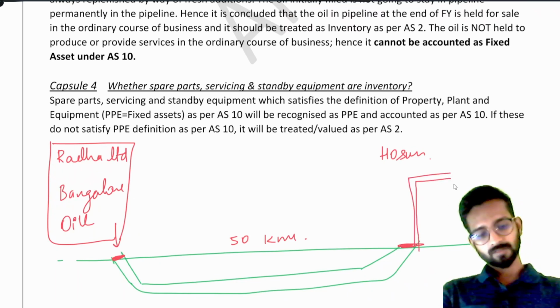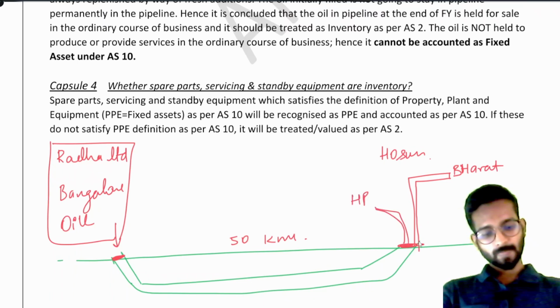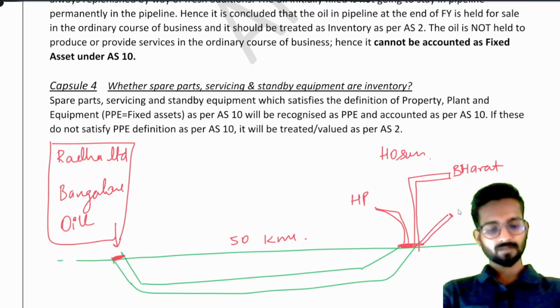That is, first is Bharat Petroleum, then here Hindustan Petroleum, and another company, that is, you can say, Indian Oil. Okay,